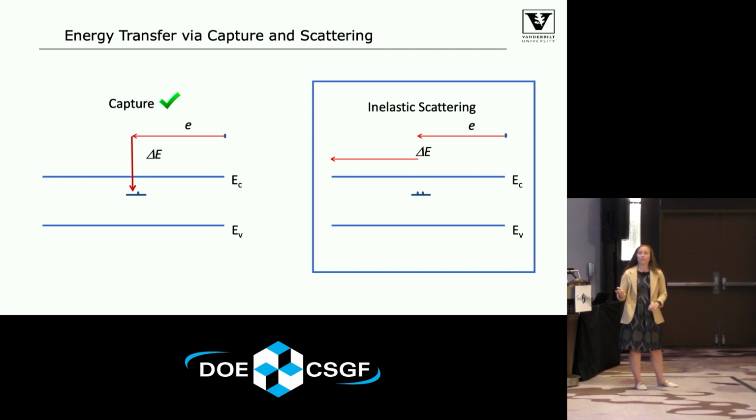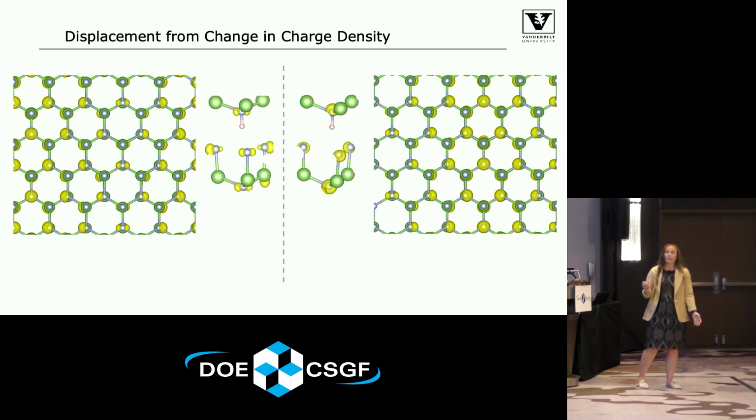But it's been widely thought that in inelastic scattering, you're going from a delocalized state to another delocalized state. You're not going to have that. So you're not going to get the multiphonon emission that we need for these processes to happen. But I, in my investigation, have been able to show that even going from one band state to another, these states are both very highly delocalized, but they are distributed differently, and they produce a large enough displacement to get